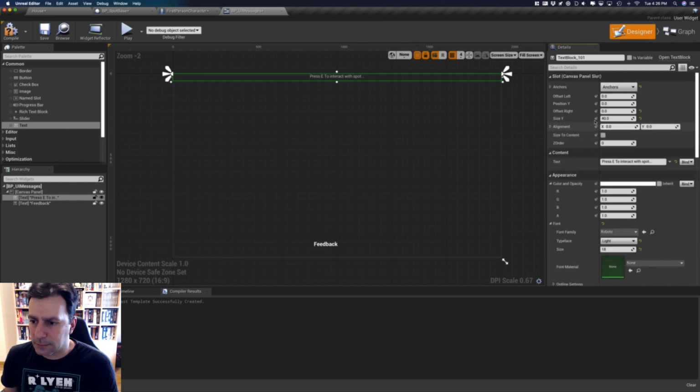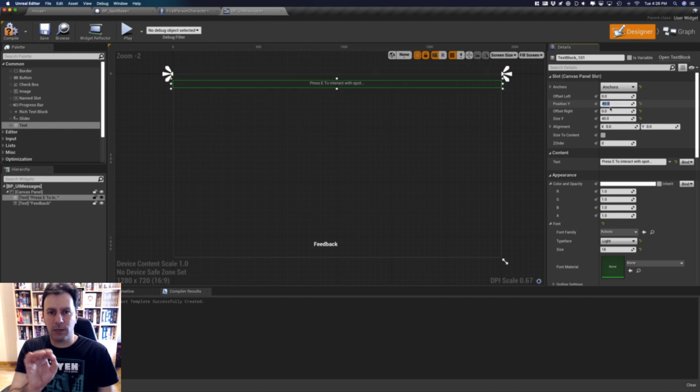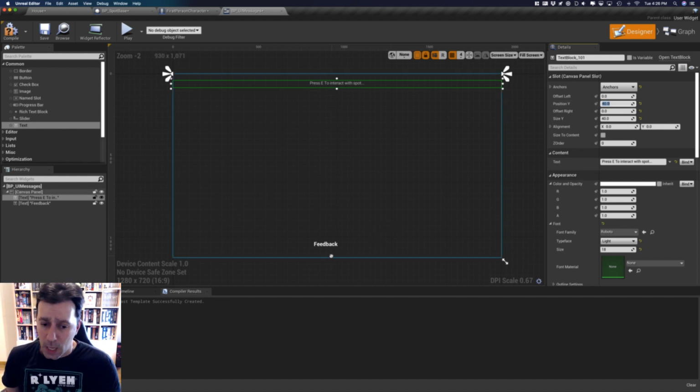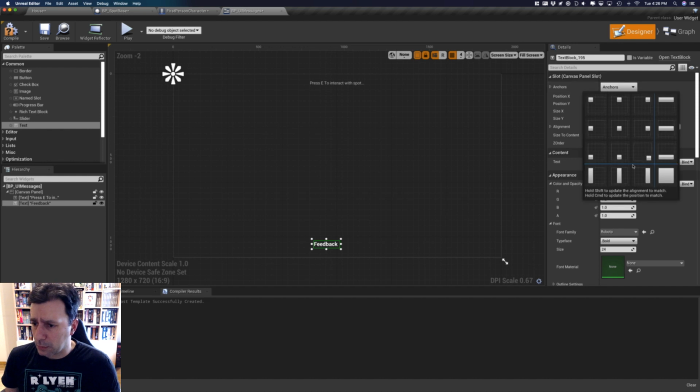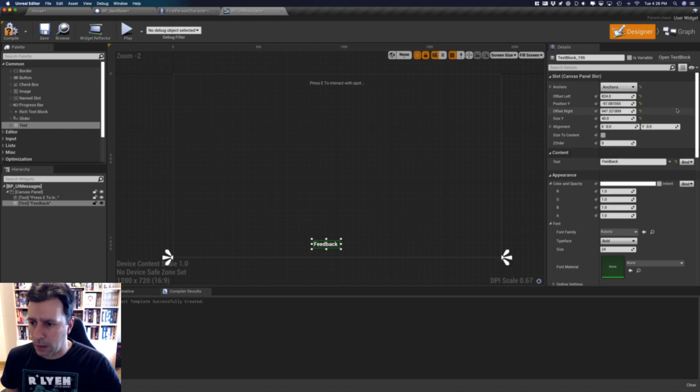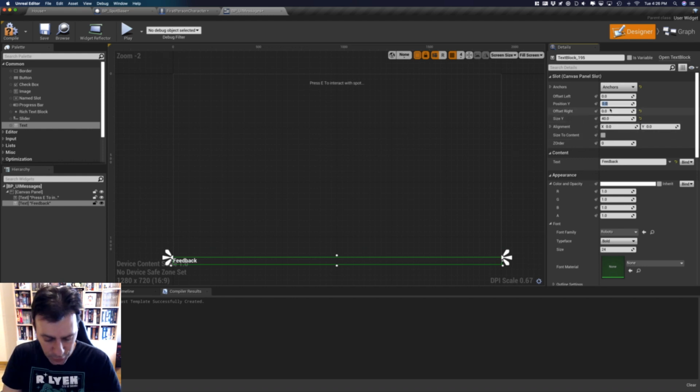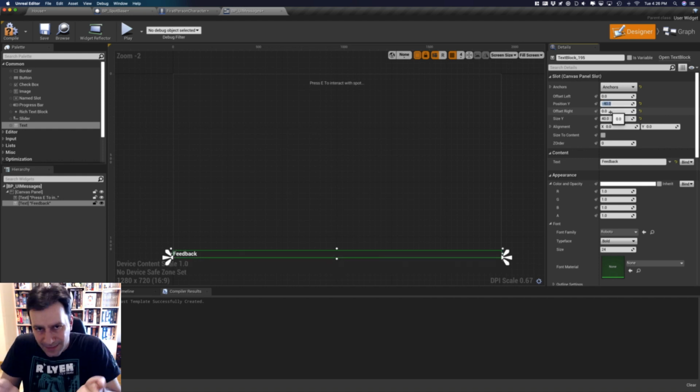and I will put just a little margin in the position, so that it's not stuck to the top of the screen. The same with feedback for now. I'm going to use the lower anchor, offset left 0, offset right 0, position 0. Sorry, position is actually okay. Yeah, it needs to be